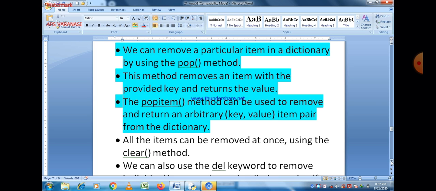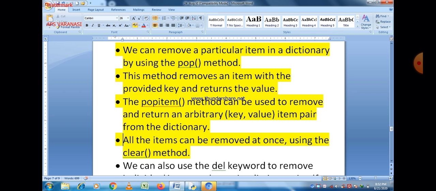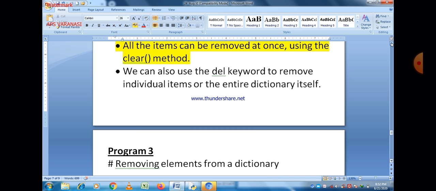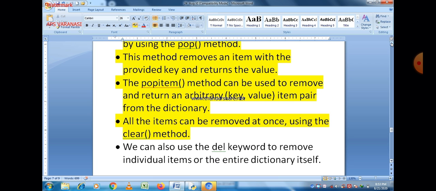And if you want to remove all the items at once, then for that purpose we use the clear method. And there is another way which is used to delete an element, that is the del keyword. So using the del keyword we can also delete elements of a dictionary.